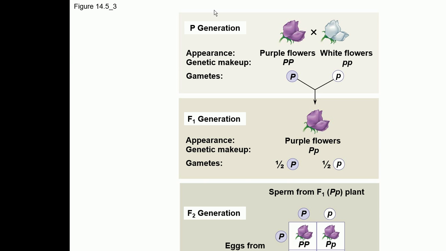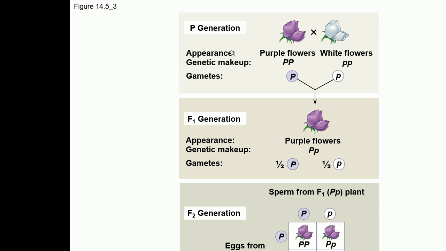So he took purple plants with purple flowers. The genotype is capital P capital P, because they are pure breeding. And he took plants with white flowers. The genotype is small p and small p. Okay. Now, something very important to know here is he took 2 plants, and when he crossed them, so whenever